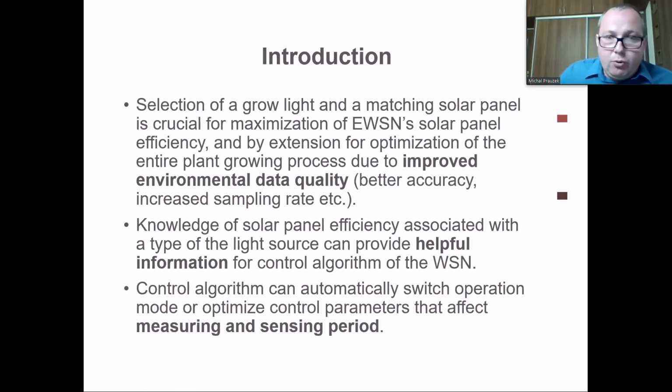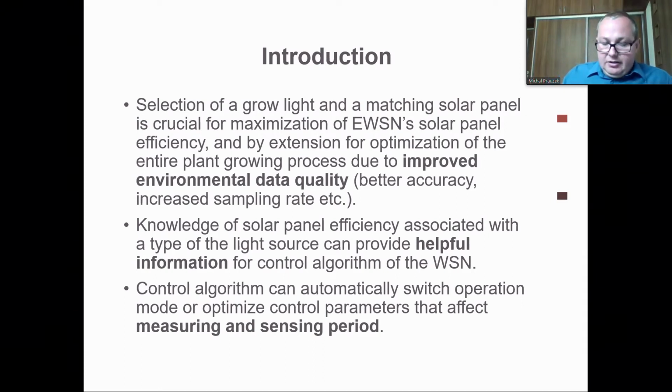So the major point is we want to do some data collection, the data collection about the temperature, soil moisture, etc. And we have to do some data acquisition with some data quality. So we want to increase the data accuracy, sampling rates, etc. This depends majorly on the measuring and sensing period. So we are collecting the data, and in the dynamic data interval, we are sending the data to the network. So it's some kind of wireless sensor network.